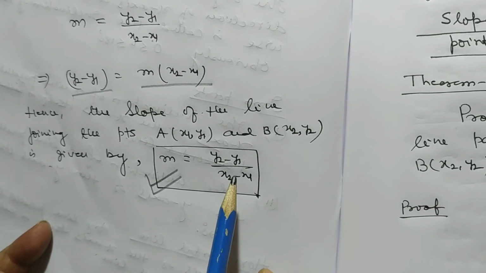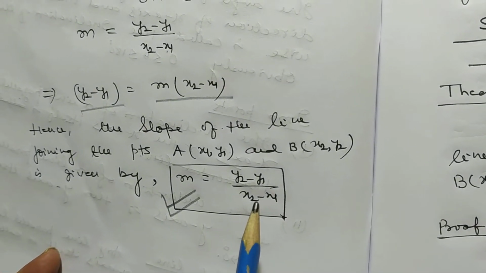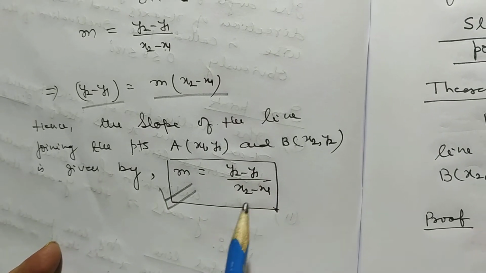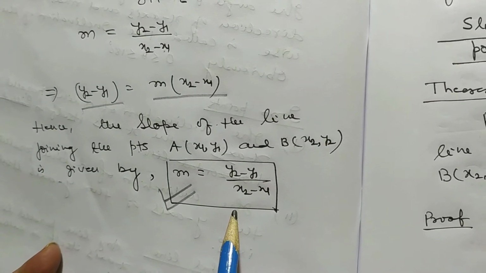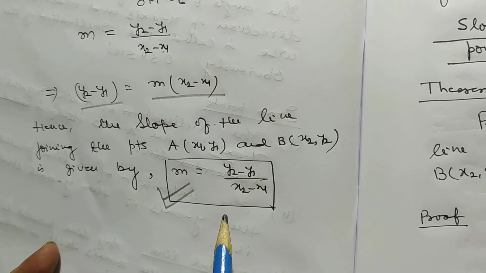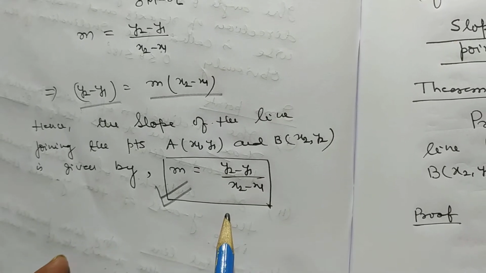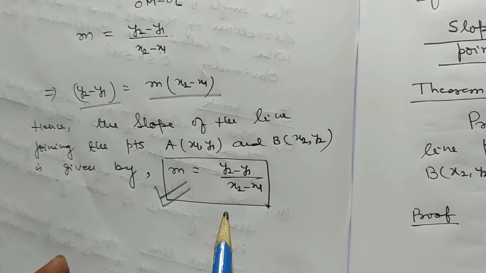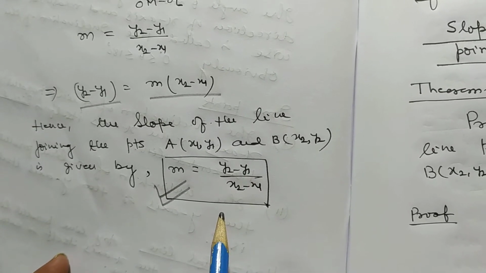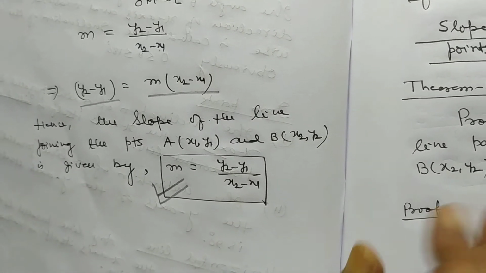If the coordinates of 2 points on a straight line are given, then its slope is nothing but the difference of the y coordinates of the 2 points divided by the difference of the x coordinates of the 2 points. My dear students, in this way we learned very important elements of coordinate geometry. It will be helpful in solving problems and determining the equation of a straight line.